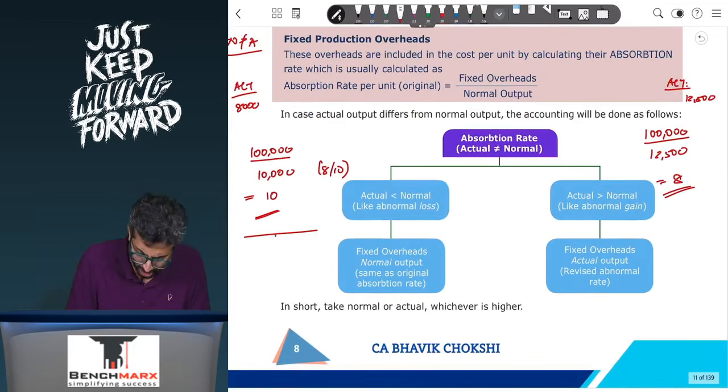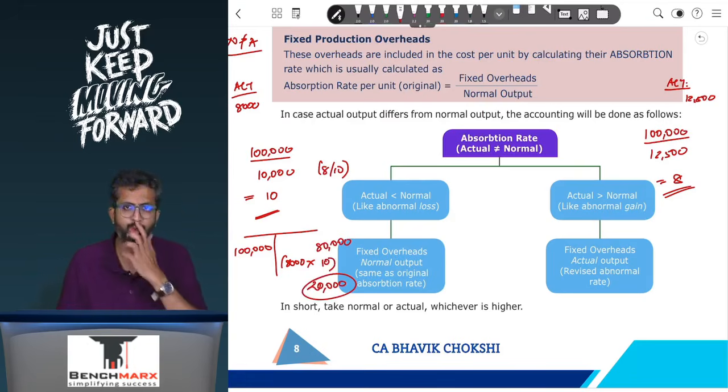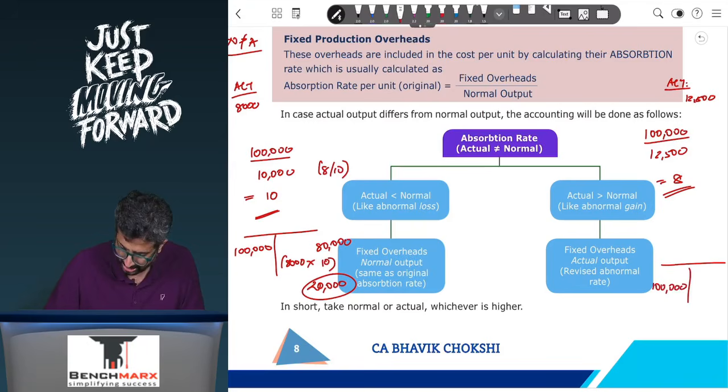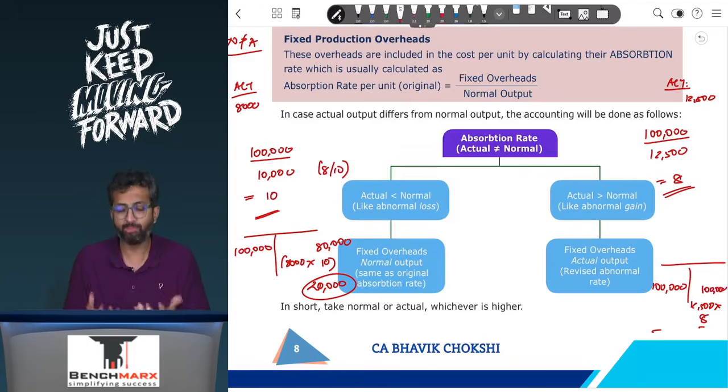So what will happen is, during the year you have paid 1 lakh of rent, this will go to the P&L. Now if I do stock taking and assuming all stock is unsold, I'll have 8,000 units into still 10, and hence my closing stock will be 80,000. So 20,000 will be my abnormal loss and will go to the P&L account. But on the other hand, in the second case I have a 1 lakh rupees cost still. Now if I do stock taking and everything is unsold, 12,500 into 8, and hence it will be 1 lakh rupees. There's no profit, there's no loss, but I can't recognize a gain on merely